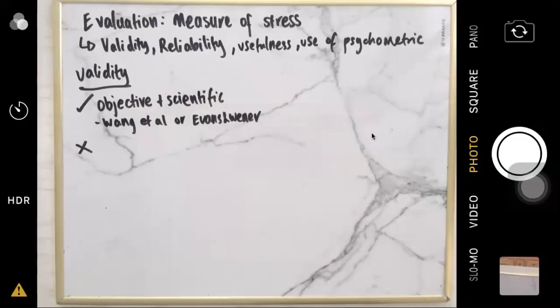Okay, now, let me tell you this. If you look at the SRRS, which is on page 252, now if you see number 41, vacation. If you're on a vacation, they say the stress level value is around 13. And if you look at change in sleeping habit, 16. Now for some people,